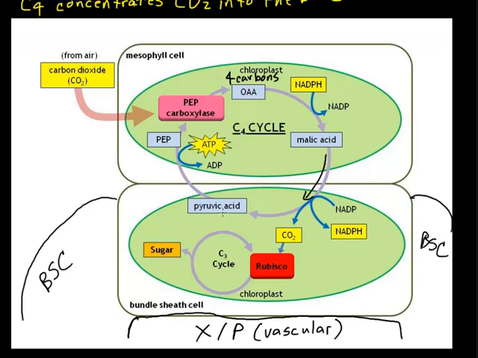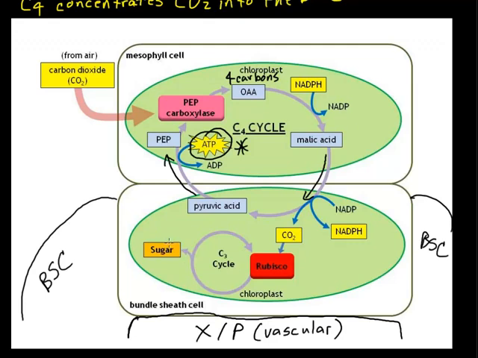Then what's left over is called pyruvic acid, another organic acid, which gets transported back to the C4 cells, i.e. the mesophyll cells, where it is used to regenerate PEP and keep this C4 cycle going. Now, this step requires an additional ATP, and this is important. I'm going to come back to this in a few minutes. The rest of the story is basically just like C3 photosynthesis that we've talked about. The CO2 is used by Rubisco to carboxylate RuBP and turn a series of other reactions to end up making